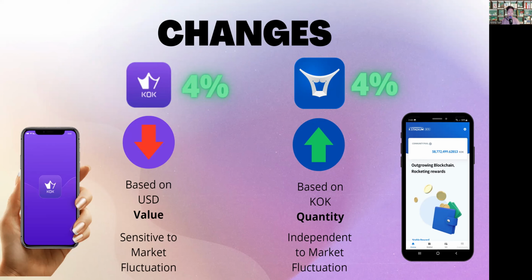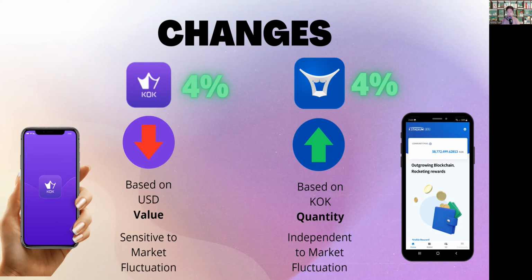For example, right now what we're seeing is that the market price is almost at 45 cents, is it? And the current platform price went all the way up to $7 US dollars, and it stayed there. Because of this difference, we are having a lot of hard times. Therefore, the earnings that you can really get on KOK Play are sensitive to market fluctuations, which we are in right now, which is why a lot of us are not very happy about the situation we're currently in.